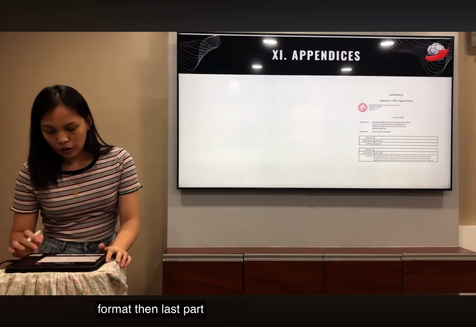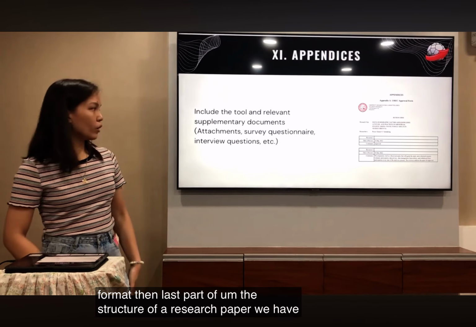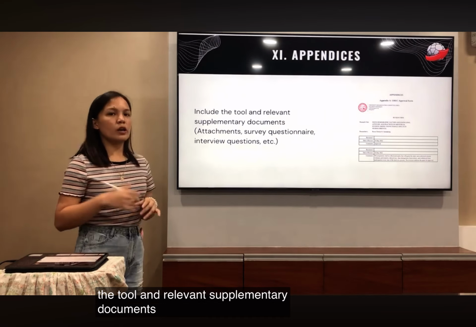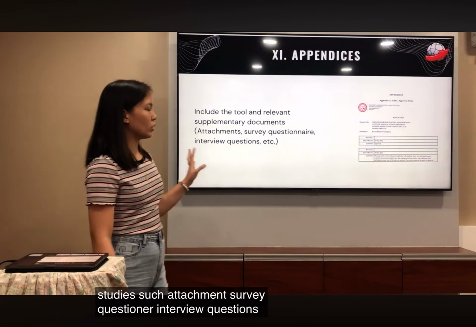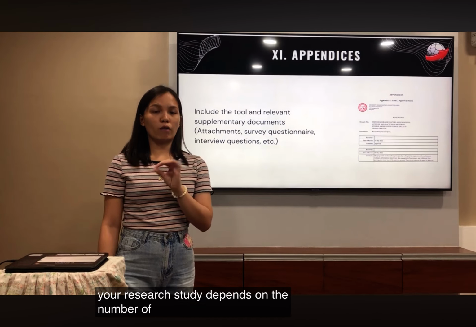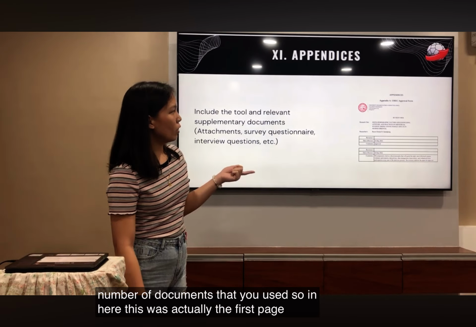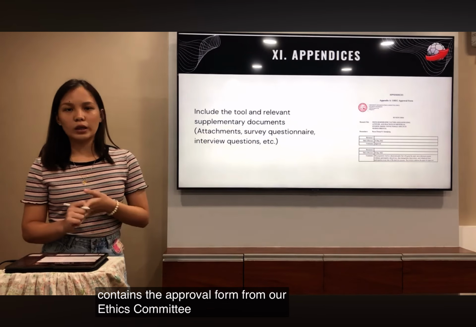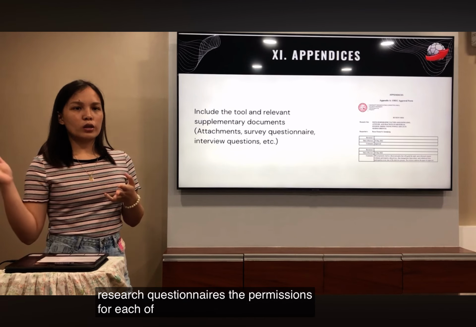Then the last part of the structure of a research paper is the appendices. Appendices include the tools and relevant supplementary documents that you have used in your study, such as attachments, survey questionnaires, interview questions, etc. So the number of appendices you have in your research study depends on the number of documents that you used. In here, this was the first page, or Appendix A, of our study, which contains the approval form from our ethics committee, and then you have the research questionnaires, the permissions for each of the institutions that you